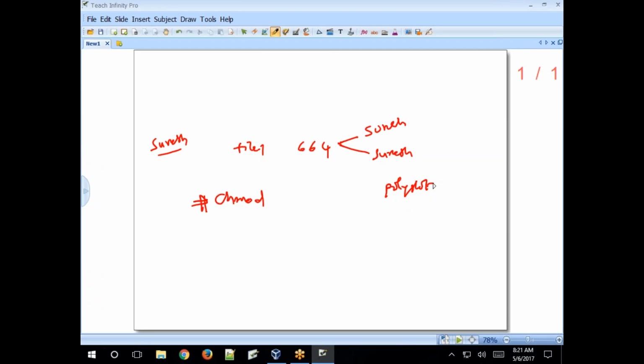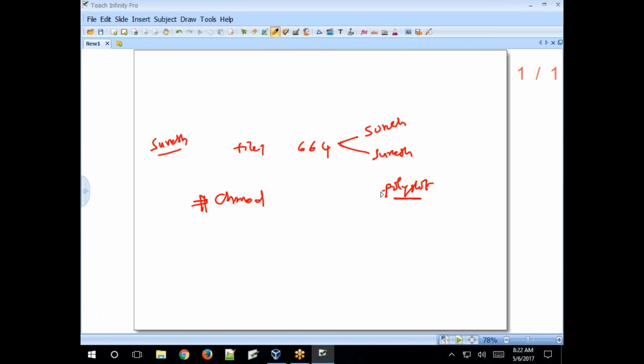So if you want to allow the polyglot user to read and write on the file, now the polyglot user has read only permission because the user is an other user, not belonging to the group and not the owner of the file.